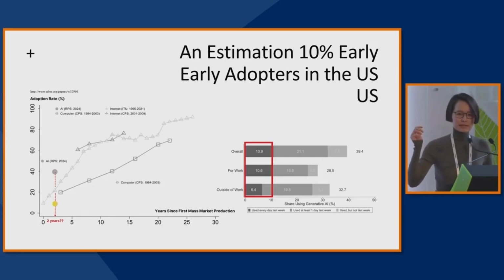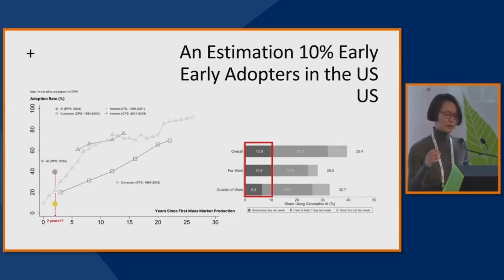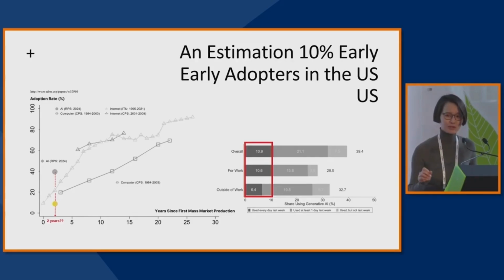Keep in mind that this study focused on the US market, and most of the GAI apps rollout started in the US market. A majority of the training content is also in English. It makes sense for the US population to adopt GAI apps much faster than other countries. There is a study comparing the US AI adoption rate with the adoption rate of other countries.